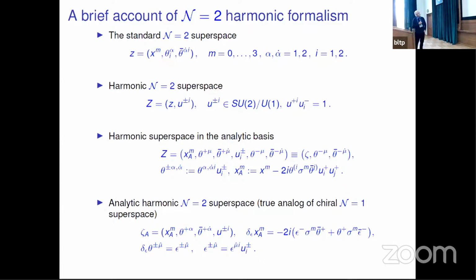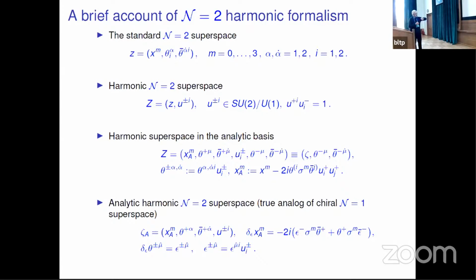The superspace contains Minkowski space coordinates and 8 Grassmann variables, where alpha and alpha-dot are Lorentz spinor indices, and I and J are indices of the fundamental representation of the automorphism SU(2) group of the N=2 superalgebra. A harmonic N=2 superspace is just an extension of this by harmonics, which are parameters of the coset SU(2)/U(1). And why such an extension is important is that if you go to the so-called